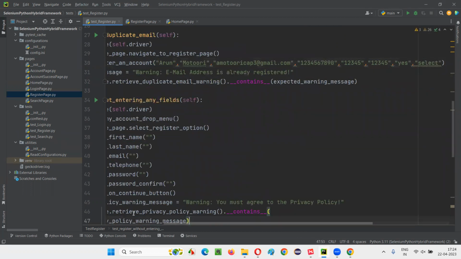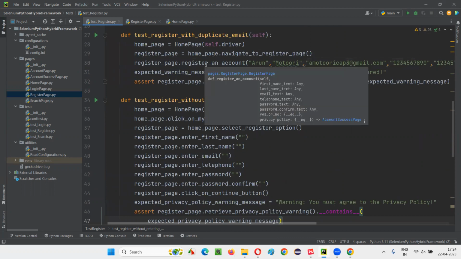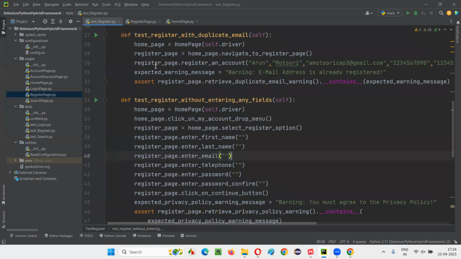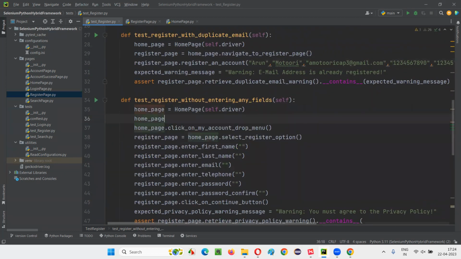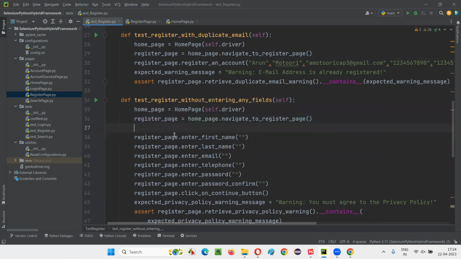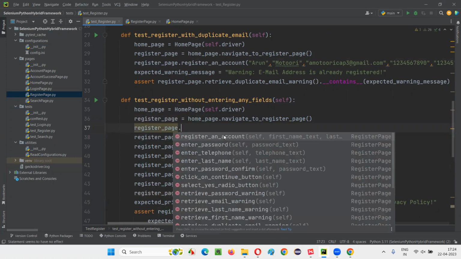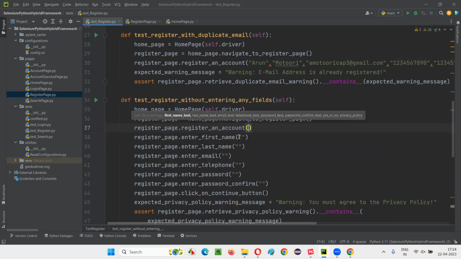And this method is going to return you an object of the account success page, but we don't have to use it anywhere. So we don't have to create that object reference, because the account success page object reference is not really required in this particular test. Now here again, home_page.navigate_to_register_page, and it's going to return you the register page object. I'm going to refer to that using the register_page object reference. Done. And here register_page.register_an_account, and here the first name is this one, comma,